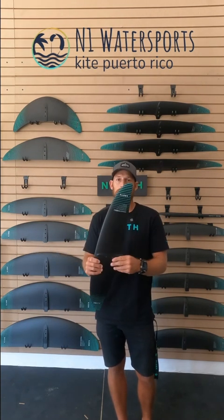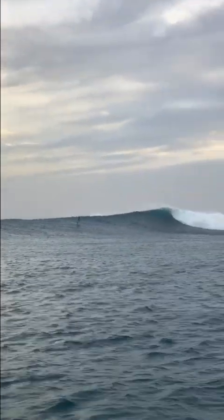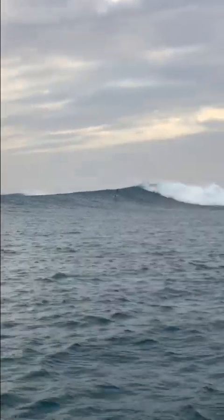The MAv2 has a little bit less aspect ratio than the SF, which means it's got a little bit less glide ratio, not as much span. So it rolls over in the surf really well. You can bank turns really hard and it locks in. If I'm towing in big waves and there's lots of energy, I'm going to take the MAs because I don't need